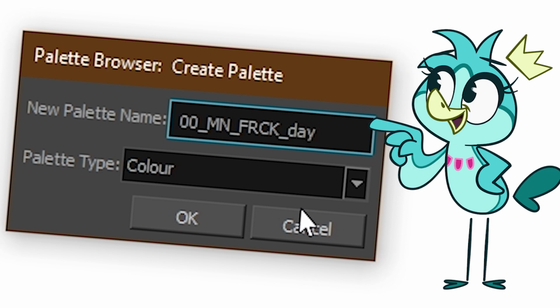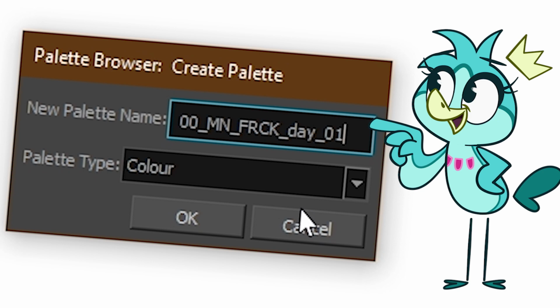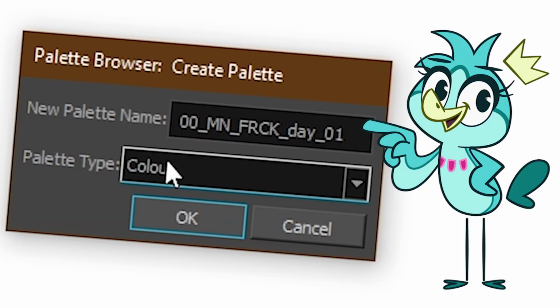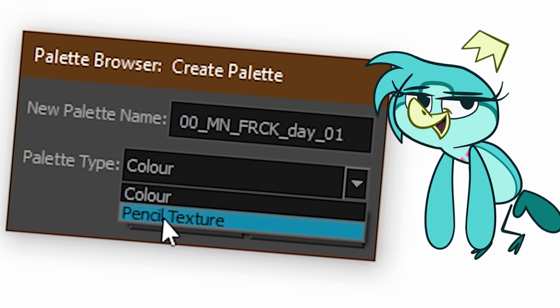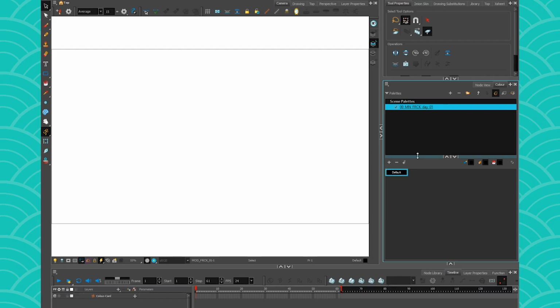Then underscore the version of his colors, because maybe he's gonna have a night palette, a sunset palette, and then 01, because you know, there's gonna be many versions, because we make mistakes in life, and that's okay. And the palette type, of course, it's colors, because we're not making pencil texture, so just leave it to color and it'll be fine. Then all you need to do is go to the swatch part and create your little